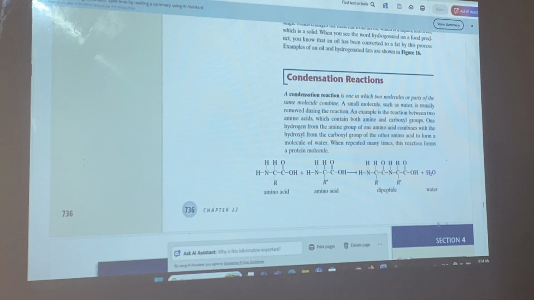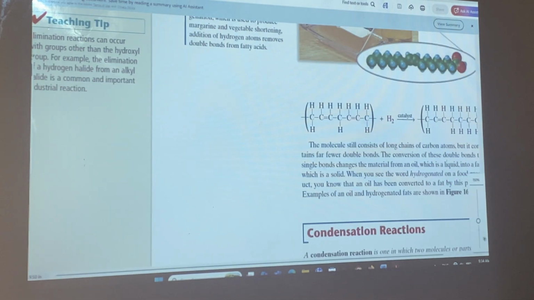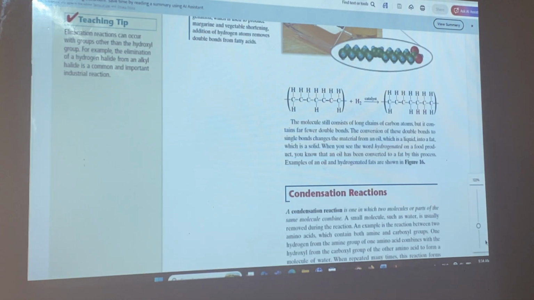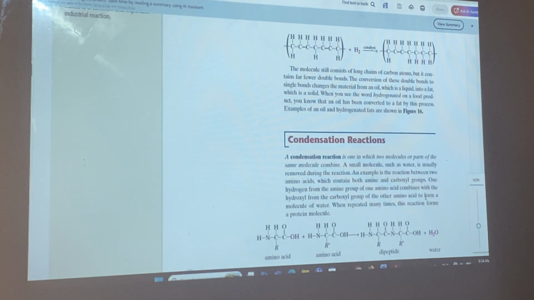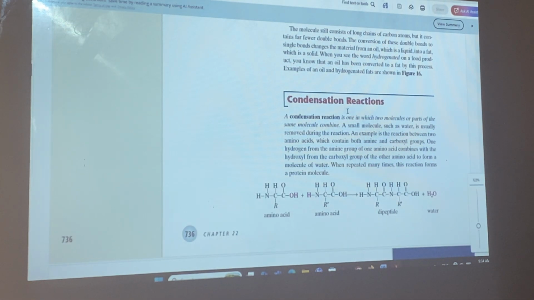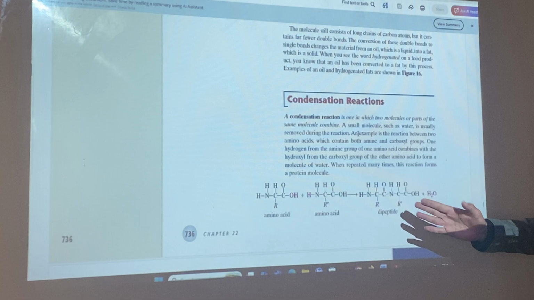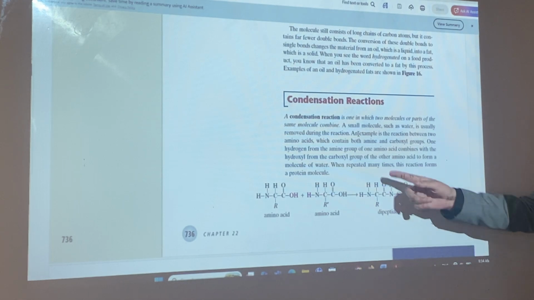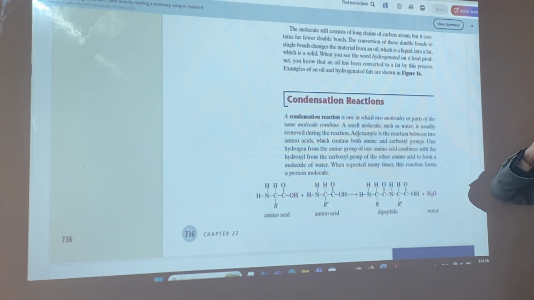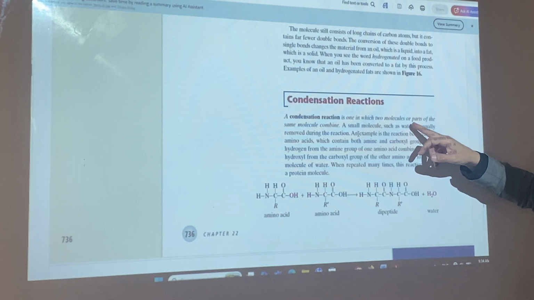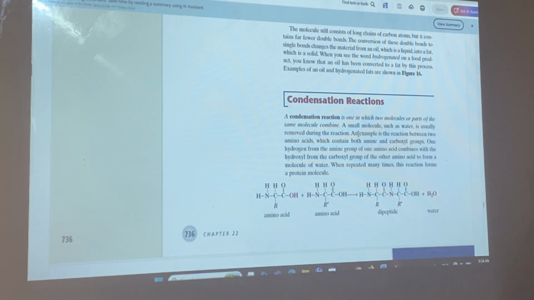The other reaction we have is the condensation reaction. Condensation reaction is the reaction that occurs between two molecules, leading to a big molecule with water. A condensation reaction is one in which two molecules or parts of a molecule